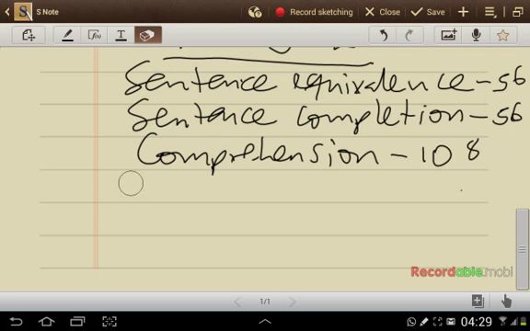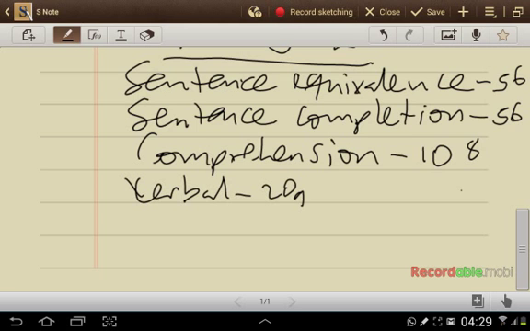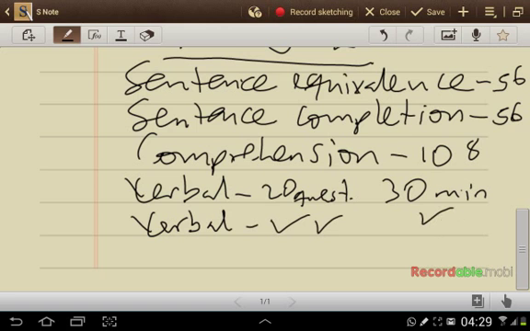You have a first verbal section, that's 20 questions, 30 minutes. Then you have another set, same 20 questions, 30 minutes. So you have 40